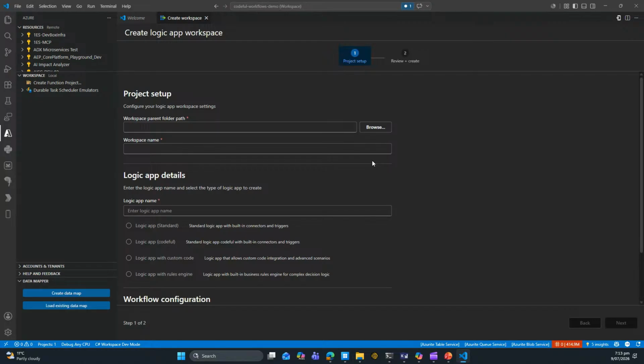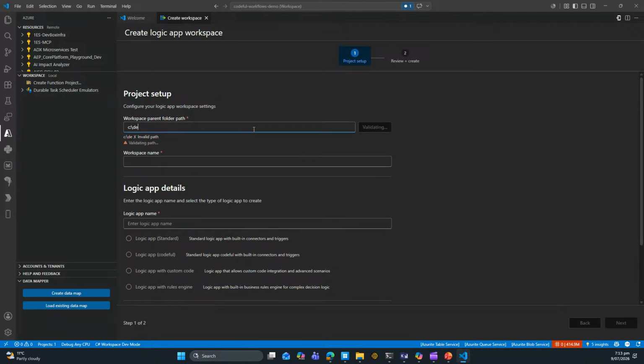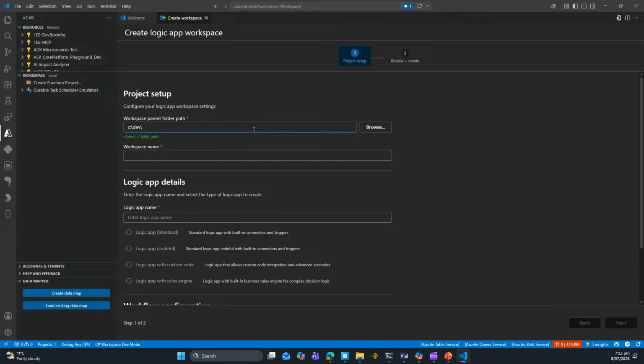And when you click on that, it opens a new wizard, right? So this is not specific for Codeful workflows, but that's something that we did to improve a little bit the initial onboarding process. So from here, you can define where your workspace folder is going to be created, right? And that is something that caused confusion to a lot of people before. So we decided to put it here and present how it's actually going to be creating even before you complete,